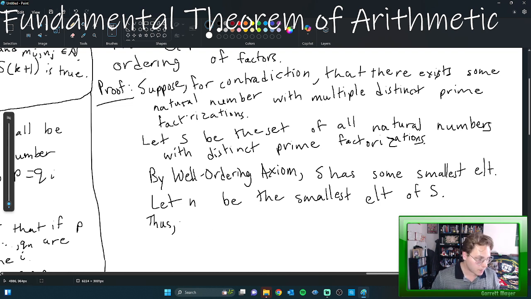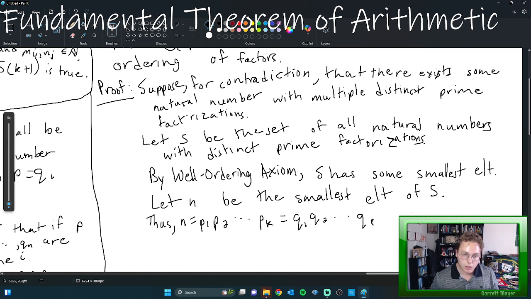So n equals p1, p2, through pk, equals q1, q2, through ql, where p1, p2, through pk and q1, q2, through ql are distinct